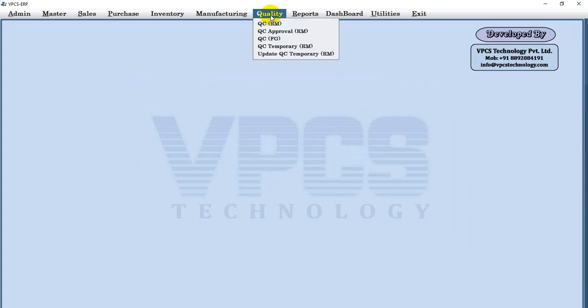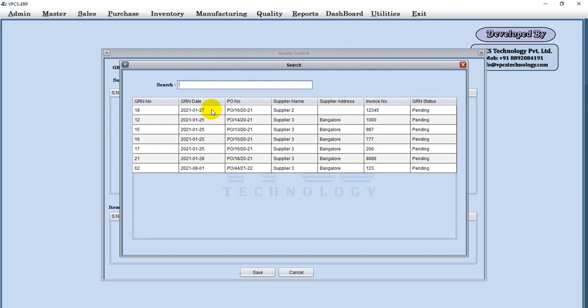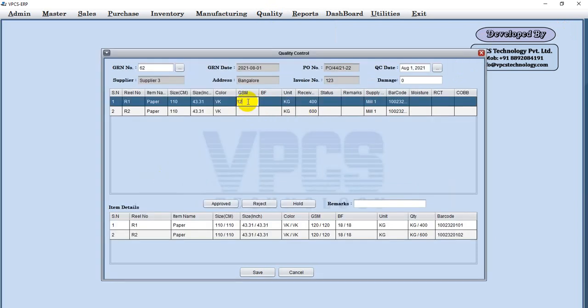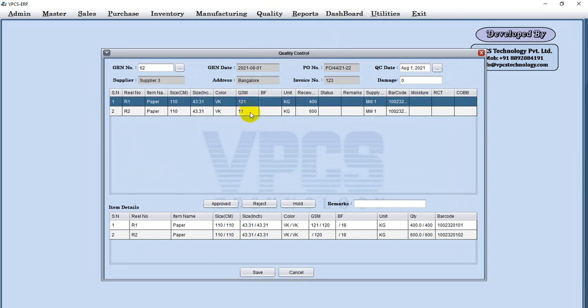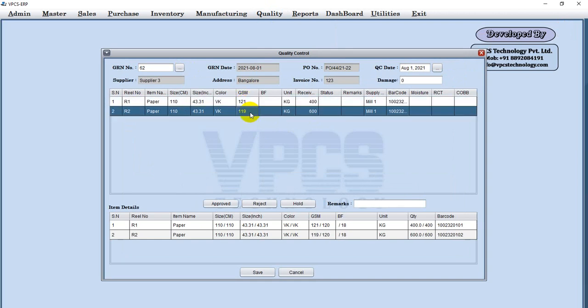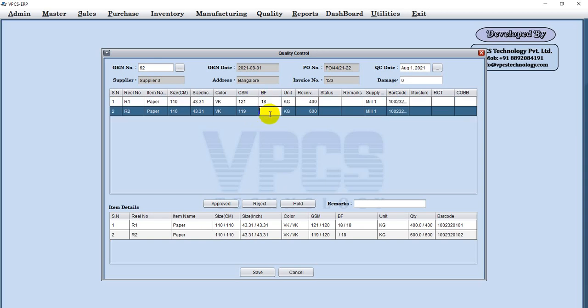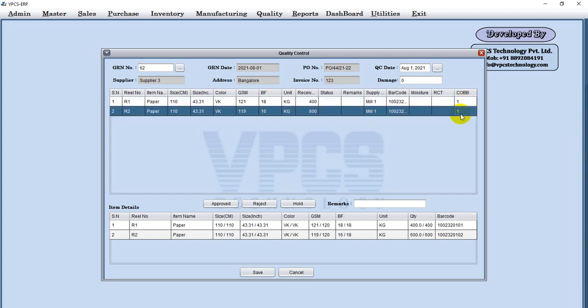Next we'll go for quality. We'll select the order number. The last order number is 62. Here actual GSM, suppose 121, here 119, here suppose 18, 16. Okay, cobb value, suppose this is just metadata, 11.